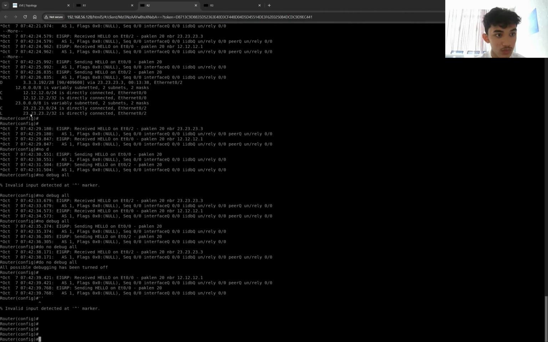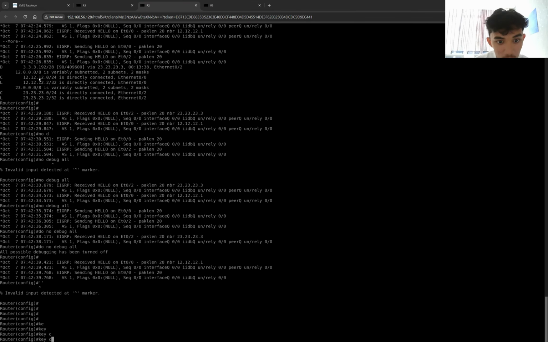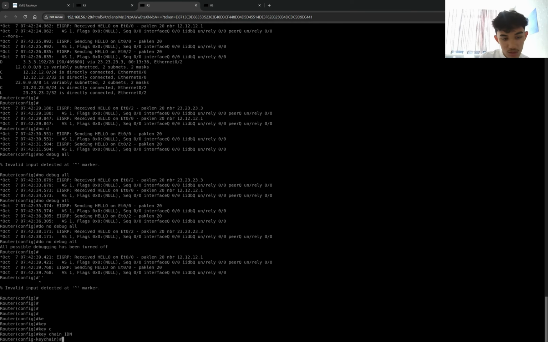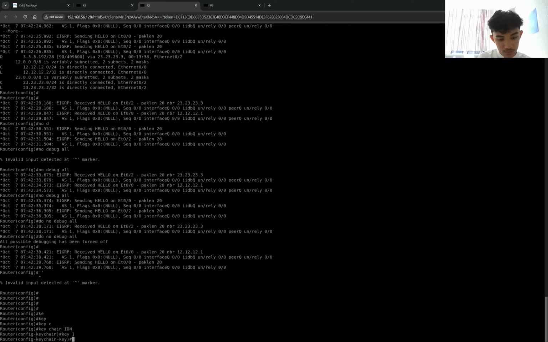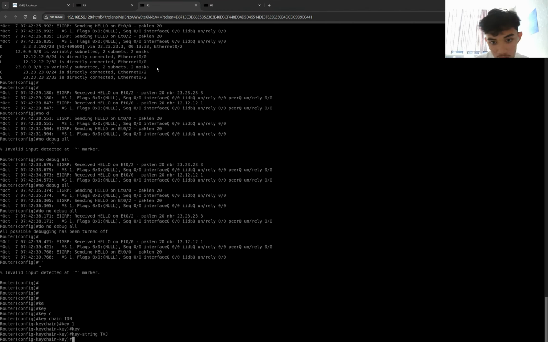Here do the same thing as on router number 1, by adding the keychain, IDN, enter, and then key number 1, key string DKG, enter. After that, go to the interface.